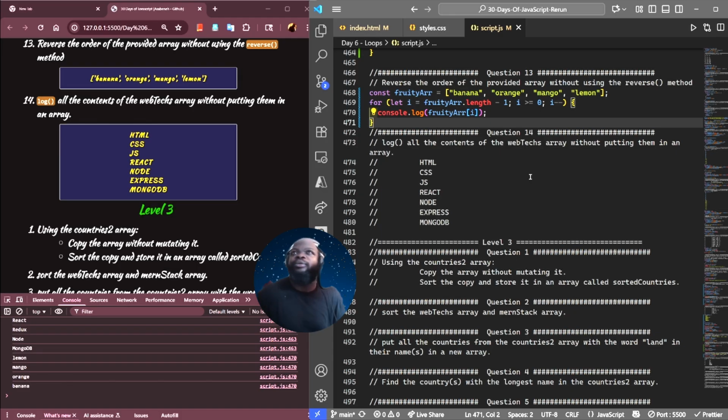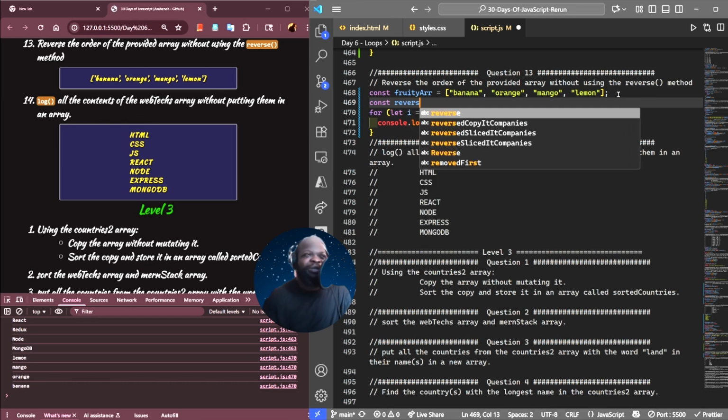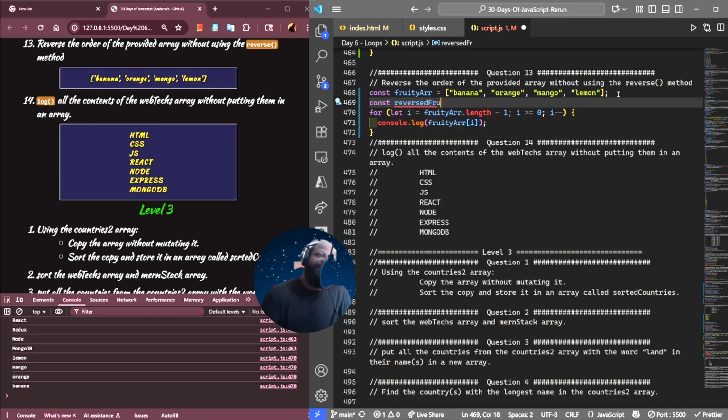All right, next we're going to log all the contents of the web text array without putting them in an array. So it's basically the same thing. We're looping through it, we're going to console.log the text, and then we're going to use a join on it and join them by